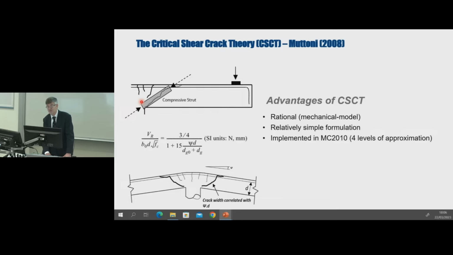The critical shear crack theory has several advantages over purely empirical design methods like the one in the current Eurocode. In particular, it allows the influence of differences in boundary conditions between isolated test specimens and continuous slabs to be investigated. And my research has focused very much on exploring the consequences of relating punching resistance to slab rotation.